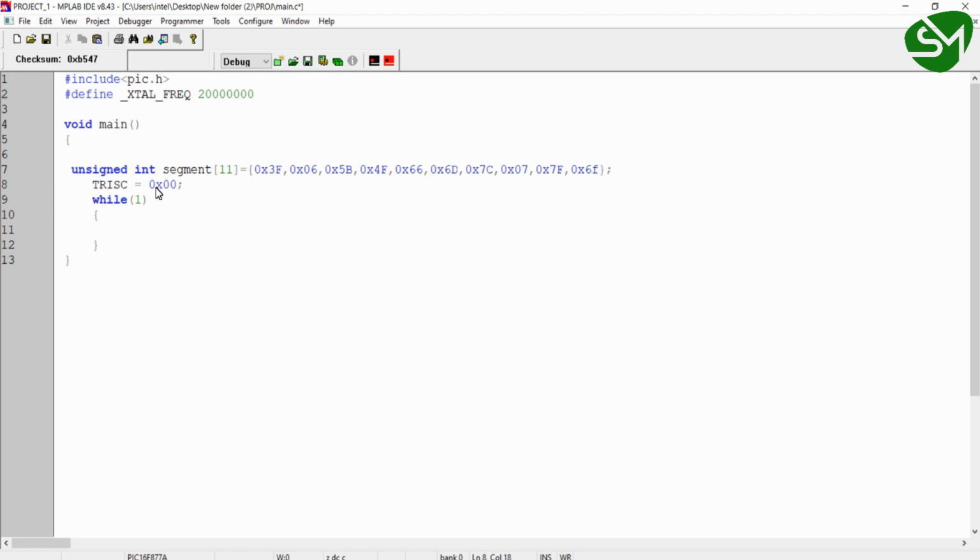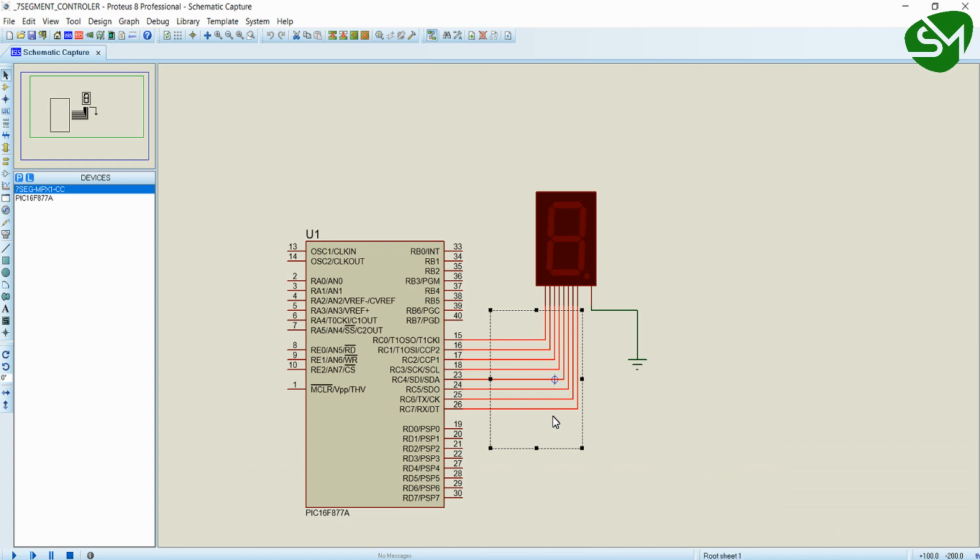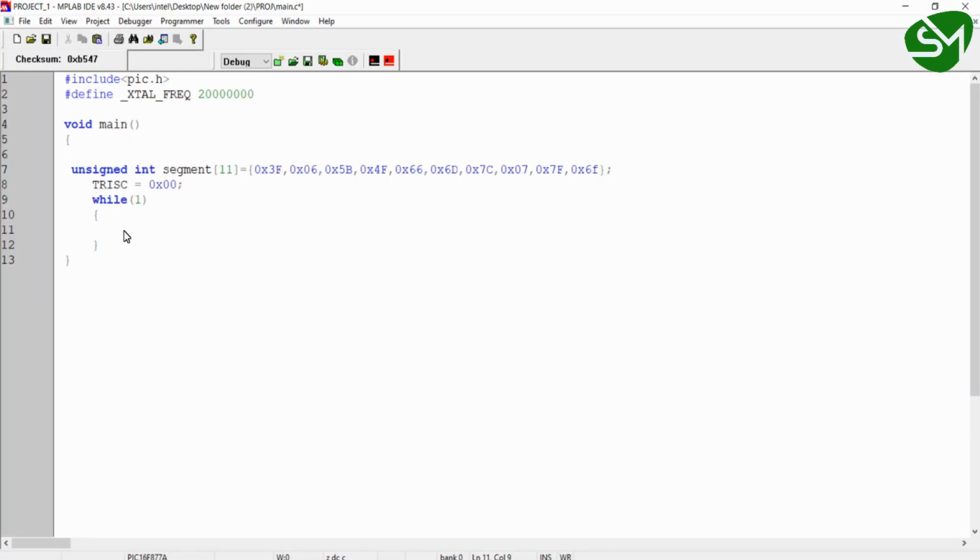So I am writing 0 to all the bits of TRISC, making all the port C pins as output. And as we are using common cathode display, we are providing ground to the common pin of common cathode. If I write port C equal to segment of 0, this line will print 0 in the 7 segment, right?